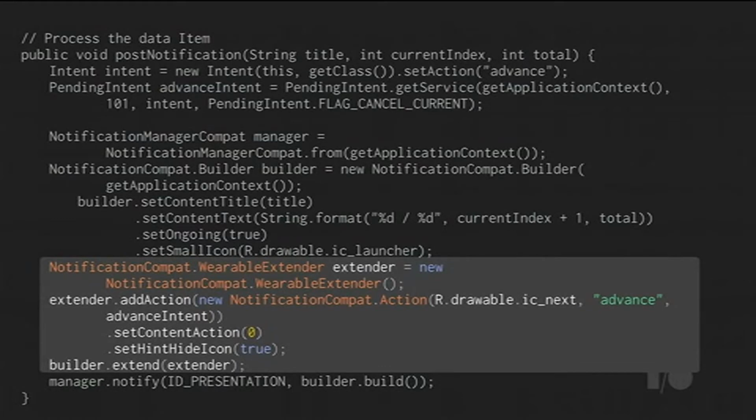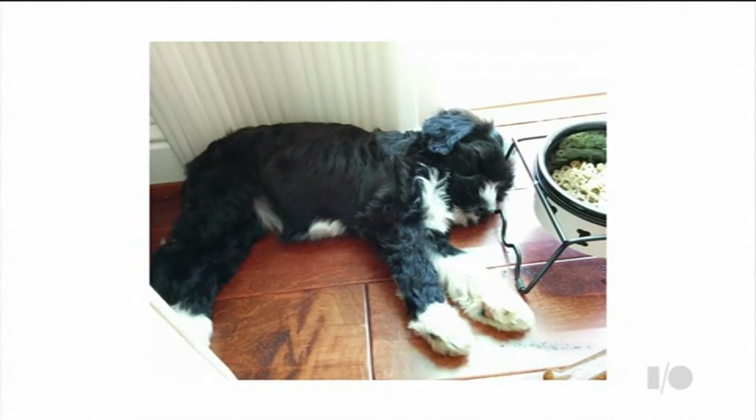And if you remember from the design talk that you may have seen, Designing for Wearables, we're going to want to make that icon blue so that the user knows that they can tap the card. That's going to be the signal. When they see blue, that's an actionable thing. Finally, we extend our builder, and that's going to create that notification that you see. Now, of course, with even more code, we can add in the previous action. We just create a different intent with a different action on the intent, and then we create a different action on the notification itself. So as a reward for getting through all that code, here's a picture of a puppy.